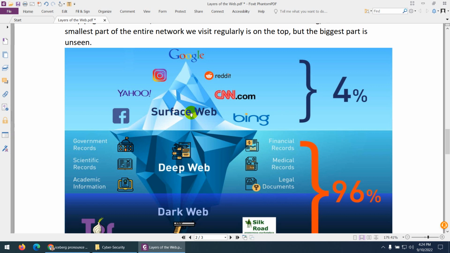And here we have huge information. The internet provides us huge information such as CNN.com, BBC.com, we have newspapers, Instagram, LinkedIn, Facebook, Bing, the Google search engine, the Yahoo search engine. We have so much information, newspapers, YouTube, Daily Motion, videos. A lot of information is available on this surface web. And to be honest, this is only 4% of the internet. So this is called the surface web, which is available freely for anyone and which is indexed by the search engine.